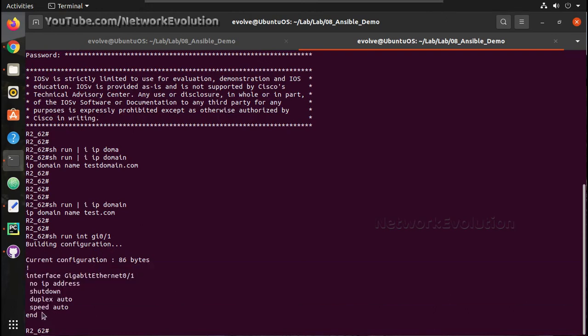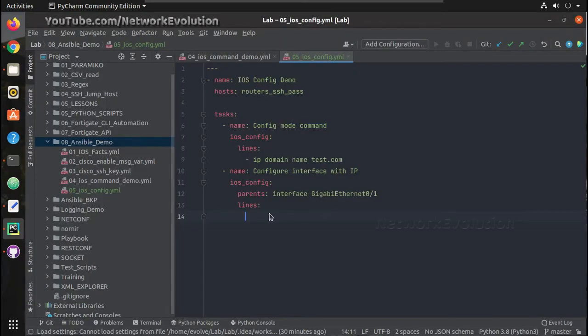There is no configuration for this interface now. I'll set the description, Ansible configured.